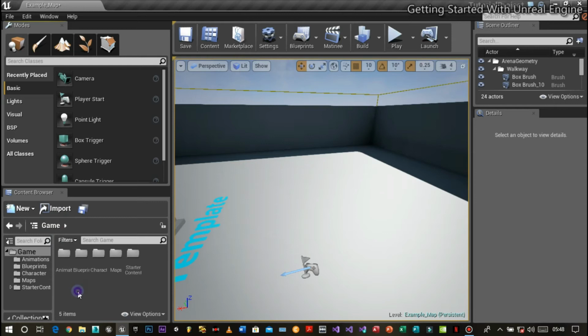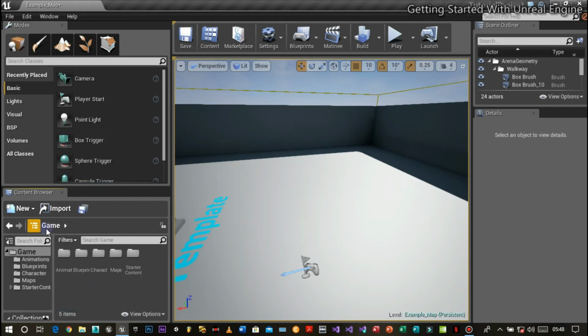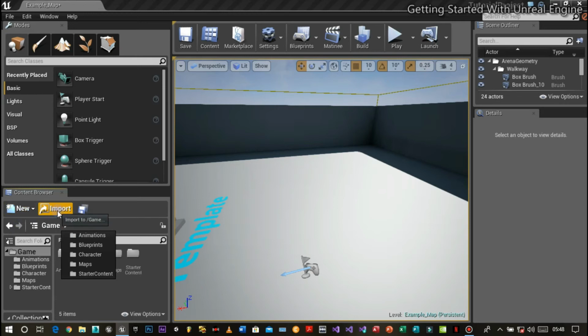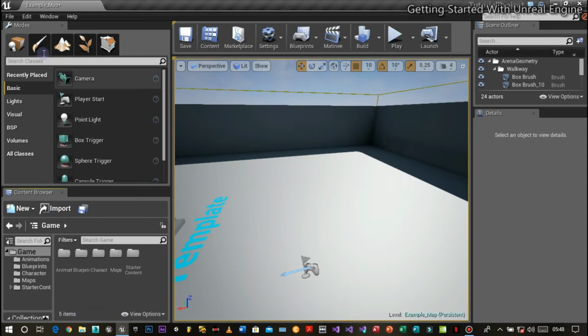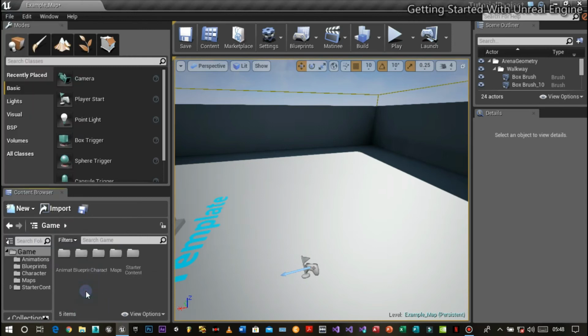You can either right-click and go to Import to Game, or you can click on this area, Import, or you can go to your File menu and you get Import. So there are many ways to import into your games. You can import characters, animations, assets, buildings, even weapons.